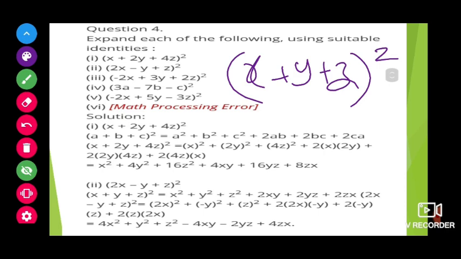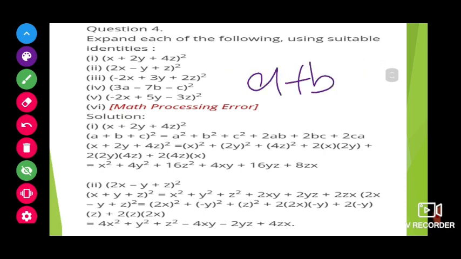If we take it as (a + b + c) whole square, anything children, the same formula. Here I have shown in a form. So a² + b² + c² + 2ab + 2bc + 2ca. Now here we have to apply that formula. In the place of a, x; in the place of b, 2y; in the place of c, 4z. So a² means x², b² means (2y)², c² means (4z)²,